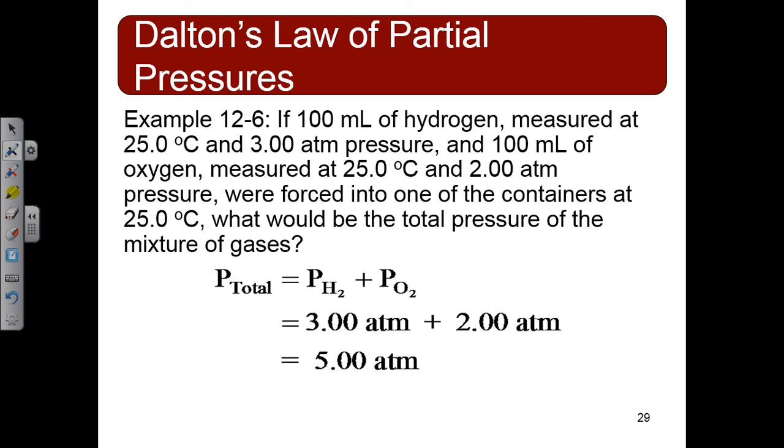All of this tells us that the pressure of hydrogen is 3 and the pressure of the oxygen is 2. If that's all you have in the container, then you just add 3 plus 2, which gives you 5. That's the pressure in that container. If you had another gas in there, then you would add the pressure of that to it. You use Dalton's law in a different way. It's the same law, but I gave you P total, so you knew the pressure of the room.